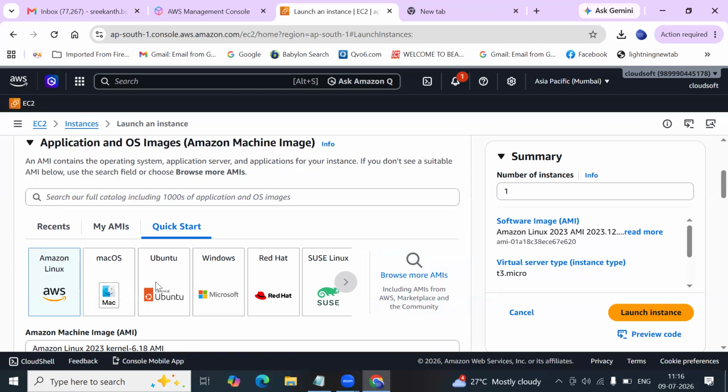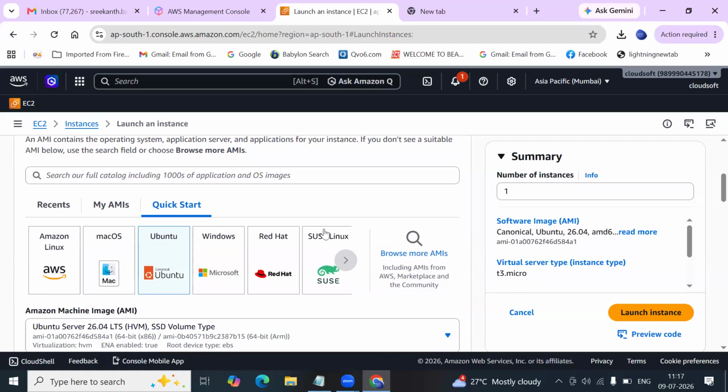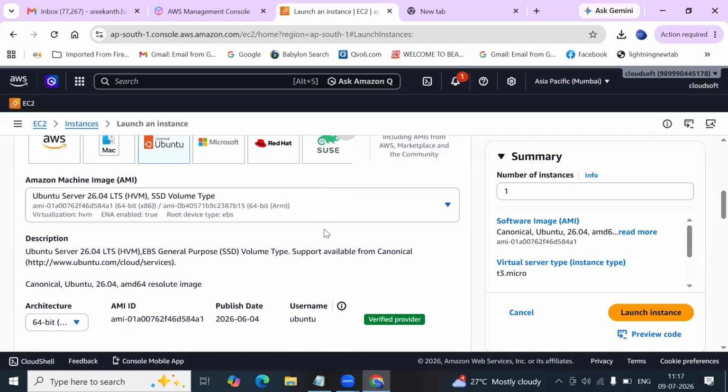Then here I'm going to take the Ubuntu instance. Ubuntu again has versions, just like Windows has Windows 10, Windows 11. Ubuntu has almost all the even numbers: 14, 16.04, 18.04, 20.04, 22.04, 24.04. The latest version is